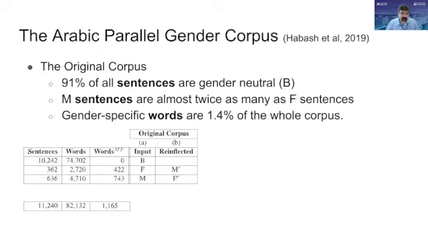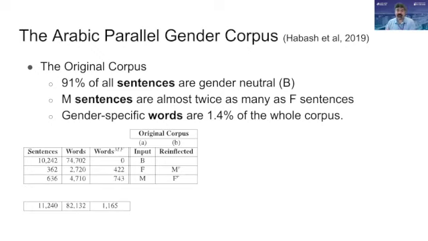So now in this particular corpus, we found about 91% were actually gender neutral in the first person speaker. Actually, that number was a bit high to me. I was surprised that it would be this high, but it made sense when you look at all of the verb constructions that are first person is completely ambiguous. But the masculine sentences were twice as many as the feminine sentences. That's odd. There was no reason for this to be, right?